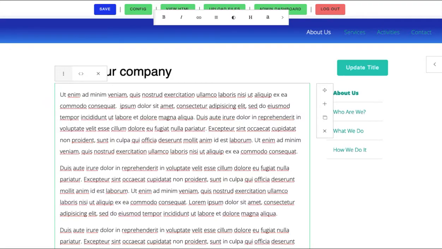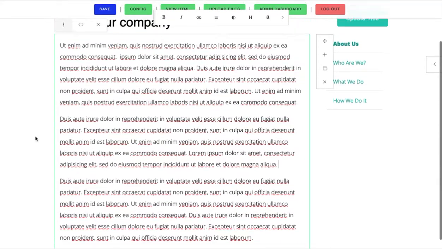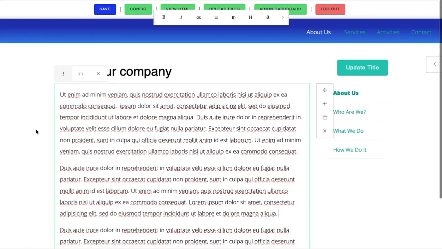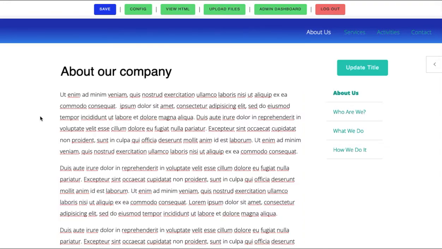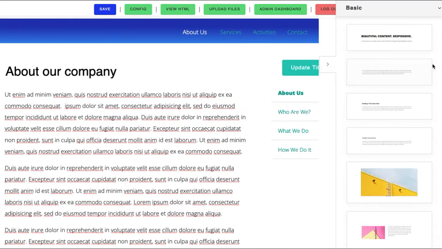Hello, in this video we are going to look at more things that you can do with text. So we're now on our page where we imported a whole lot of text, and we're going to have to think, what else do I want to do with this page? And this is where some more of the magic comes in, because on the right we have what we call